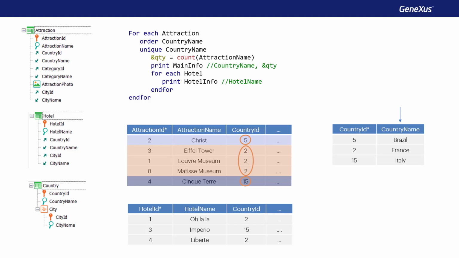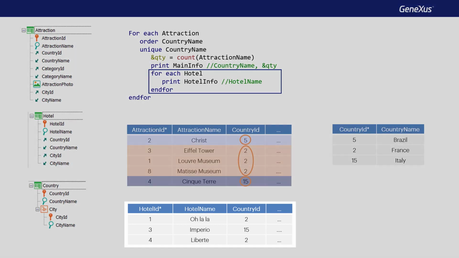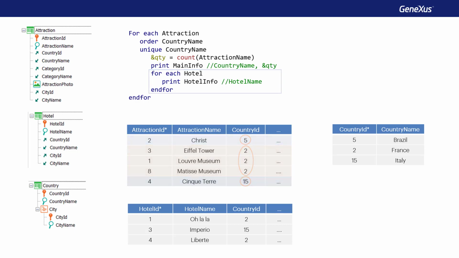For them, we want to count the attractions of the same country, print that country with the number of attractions, and then navigate the hotel table, printing the names of hotels in the same country. So, with this data, the output will look like this.